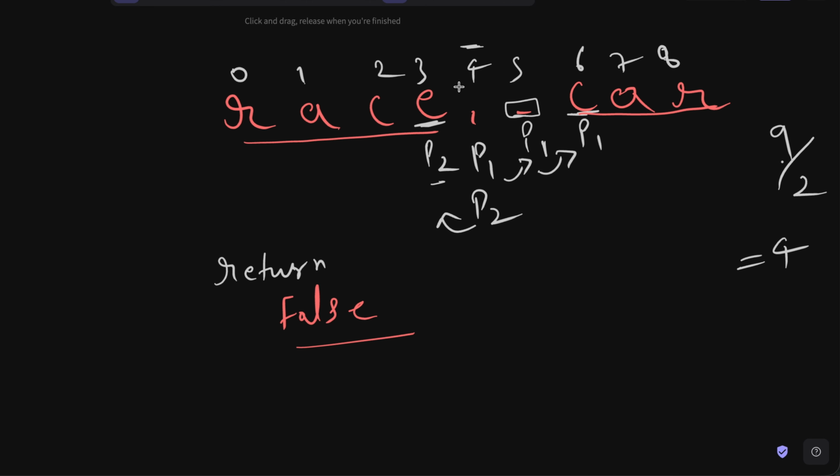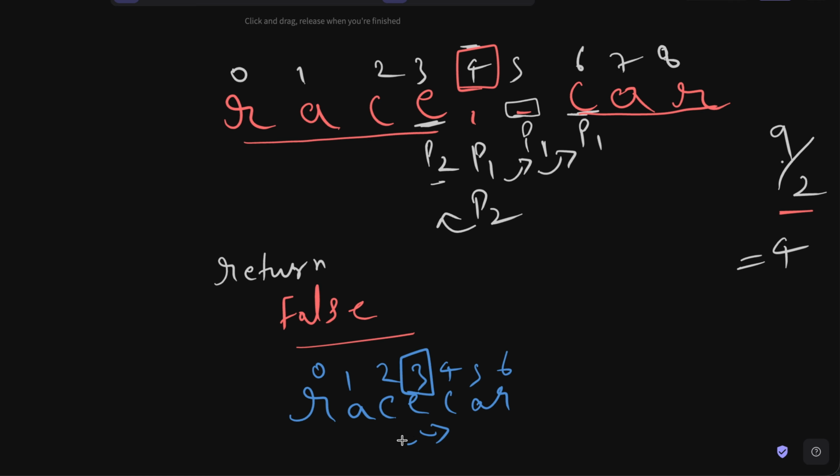So here the center is actually at 4, right? Calculation wise, you are correct. But this 4 does not really represent the center of the palindrome word. When we only had racecar, without any non-alphanumeric characters, we had indexes like this: 0, 1, 2, 3, 4, 5, and 6. The middle here is what? 3, right? Index 3 is the middle, and that's why we could actually go from here and here